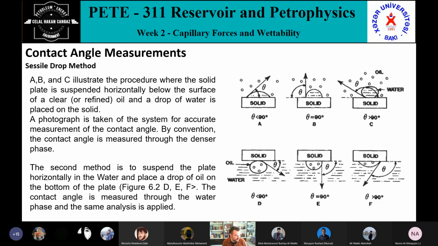Another method is contact angle measurement. These are very basic, and the idea is observation. Mostly you use a camera or something which focuses on the droplet. You observe the droplet, and your camera has certain properties which measure the contact angle value. For this you need a solid surface. Your rock surface needs to be polished. You cannot use a porous surface, of course.